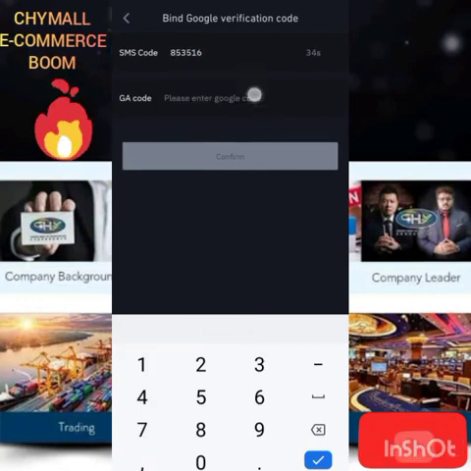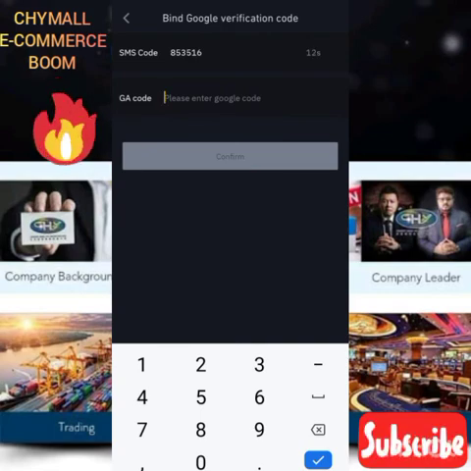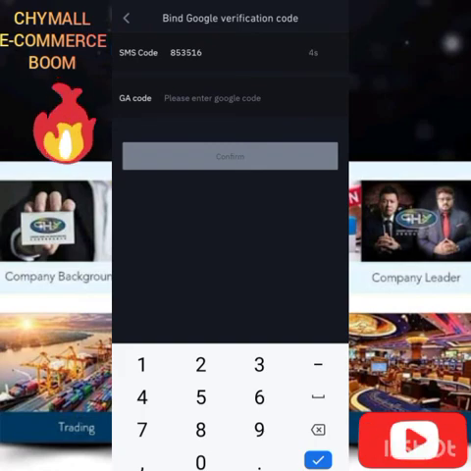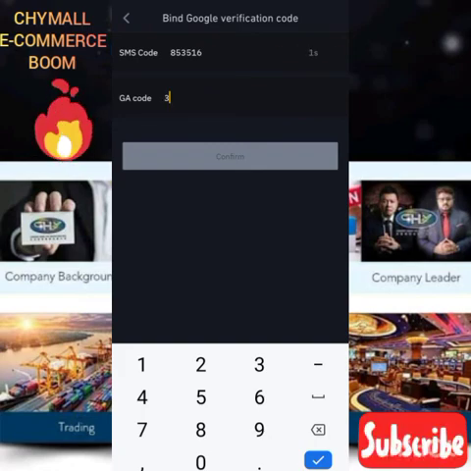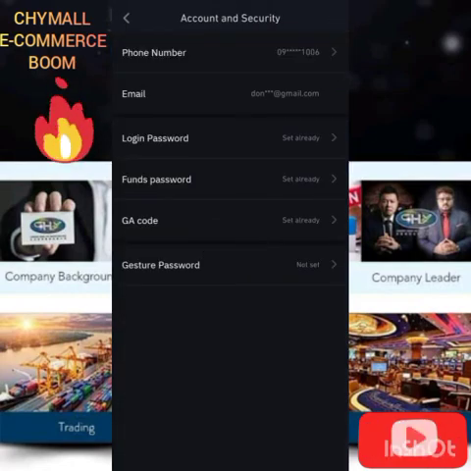Now you are asked for the Google authentication code. So immediately you have authenticated that very QR code, there's a code that will be displaying on the phone that you authenticated. So you need to copy the code. The code always changes after 30 seconds. So you copy the one that is active, that is after the change. So that's what I have to copy in the Google authentication code. So let me copy the one I'm seeing presently in my own. As I've said, to make this easy and faster, use a different phone. So you see, I have just set my GA code successfully.